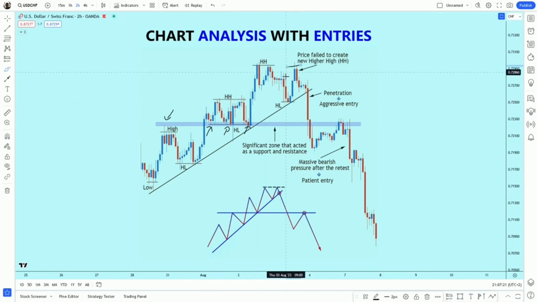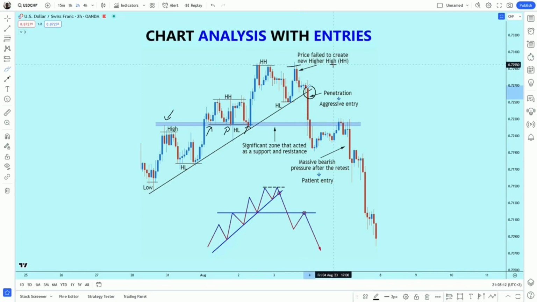So this is a first indication of a reversal, and of course I would not recommend you to sell just because of this one sign here. We need to wait for more signs and more confirmations. Price then broke this bullish trend line, but it broke it with this massive bearish candlestick pattern. So you can be aggressive trader and enter here, put a stop loss above these previous highs,